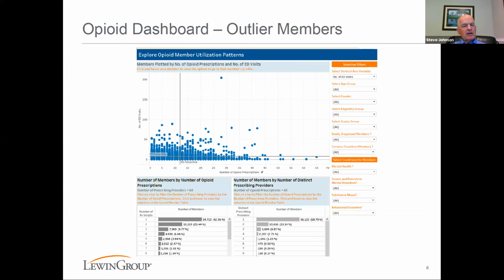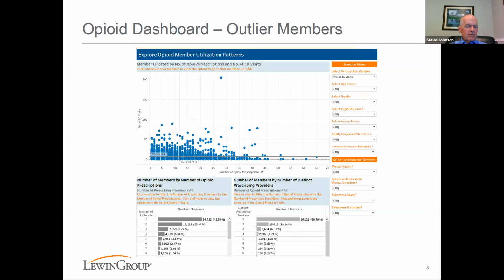So the horizontal and vertical bars represent the 95th percentile for the number of ED visits and the number of prescriptions that members have. So if I look at those blue dots in the upper right-hand corner, then those are members that are in the top 5 percentile in terms of both prescriptions and ED visits. And we see this pretty commonly in all the data sets that we've looked at in terms of ED visits, that the highest cost opioid users, it's not so much the cost of the drugs themselves, but 60 ED visits, 100 ED visits, where members are going from hospital to hospital exhibiting some drug-seeking